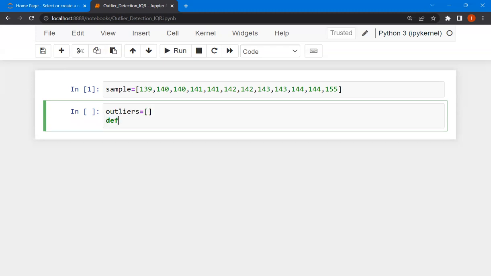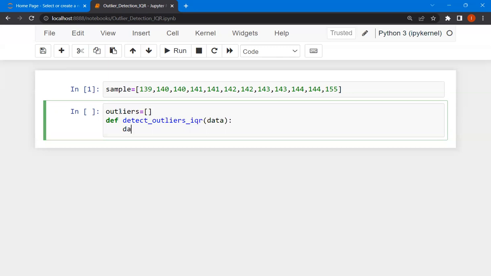Then I'm defining detect_outliers_IQR, and the name I have given here is data. And data is equal to